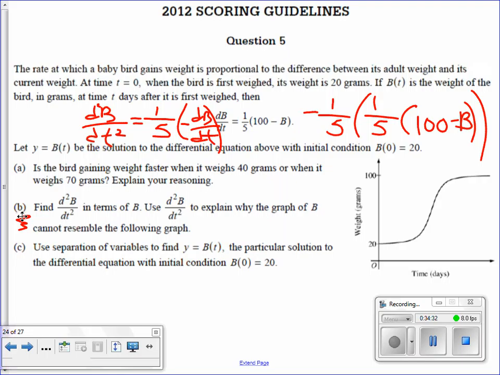Try your best with these, guys. Try your best with these homework problems. Oh, I didn't even tell you guys. On Friday, the test is going to be a replacement test based on the 2008